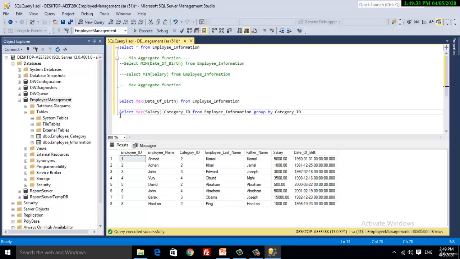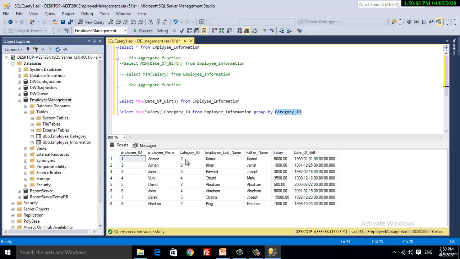Now you can see that our query is like select maximum salary, then category ID from employee table, group by category ID. It means the SQL Server will get the maximum value of each category.